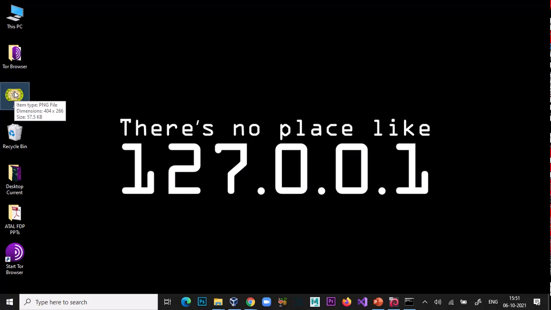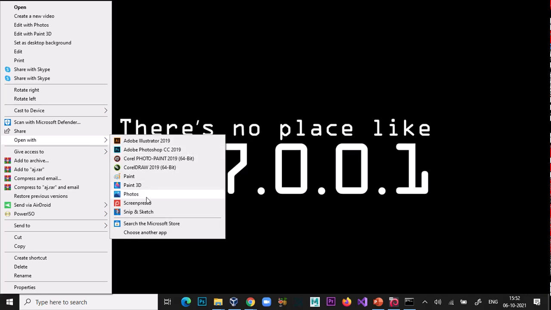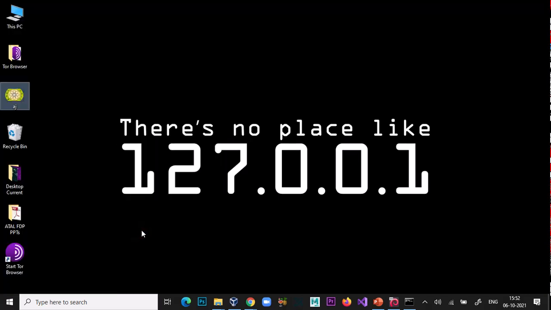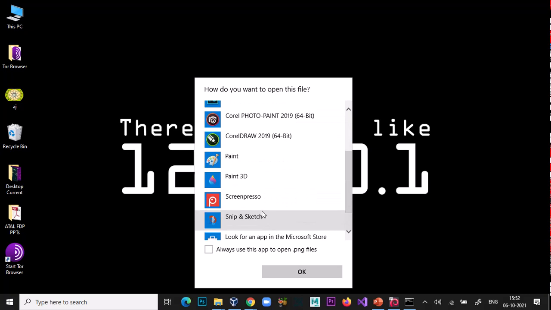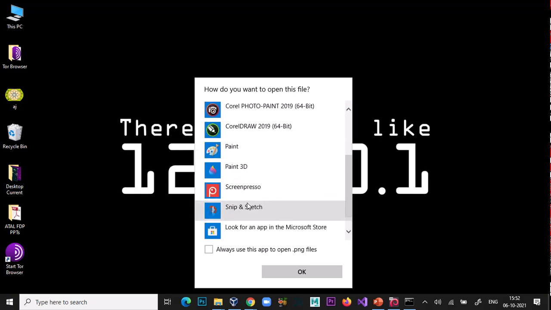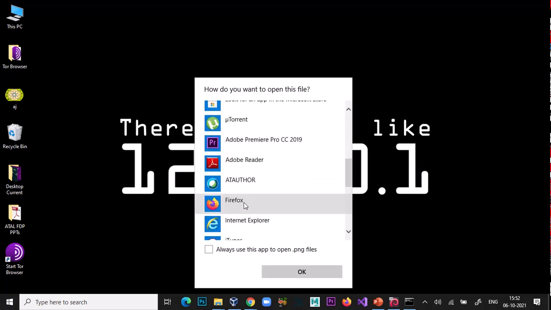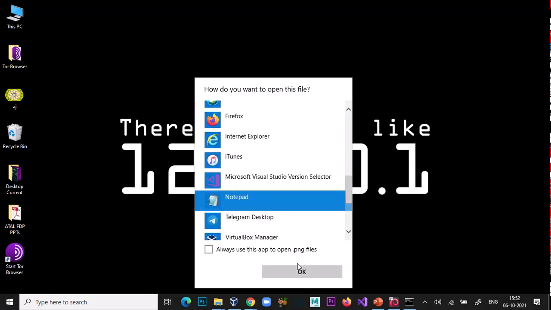So how can I fetch the information from this file? You just open it with Notepad.